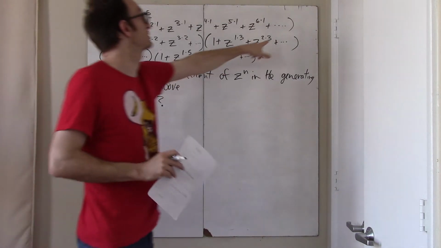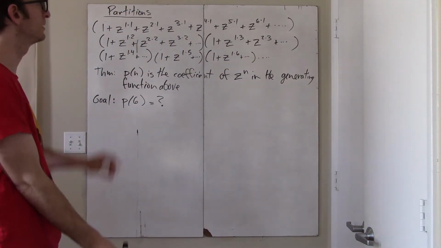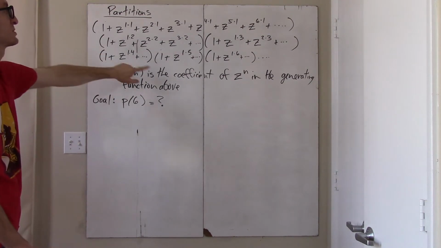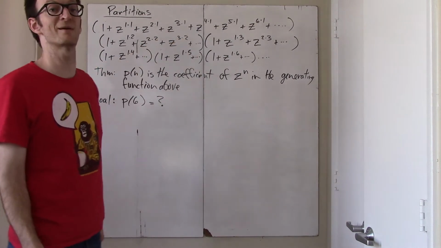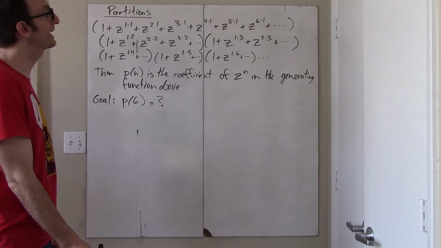I think even if you just delete all these dots, you still have a very, very large polynomial. 7 terms, 4 terms, 3 terms, 2 terms, 2 terms, 2 terms. So that's 2 times 2 times 2 times 3 times 4 times 7. That's a very, very big number. But you don't even need to do that. You can just eyeball it a little bit. How am I going to get